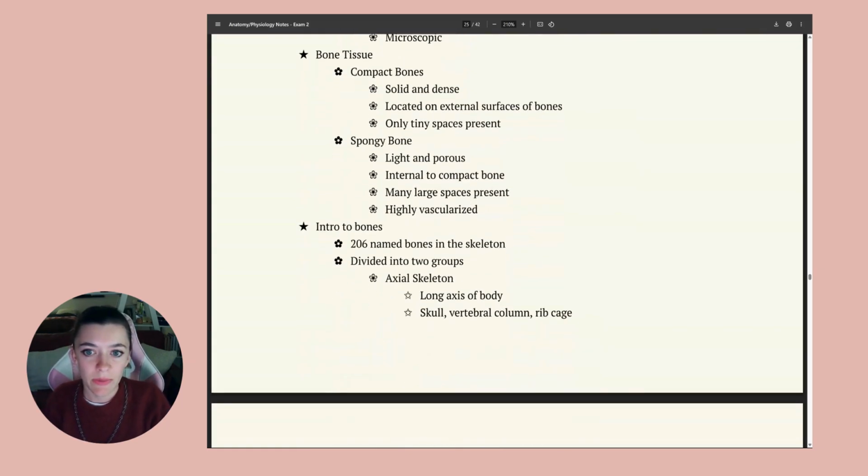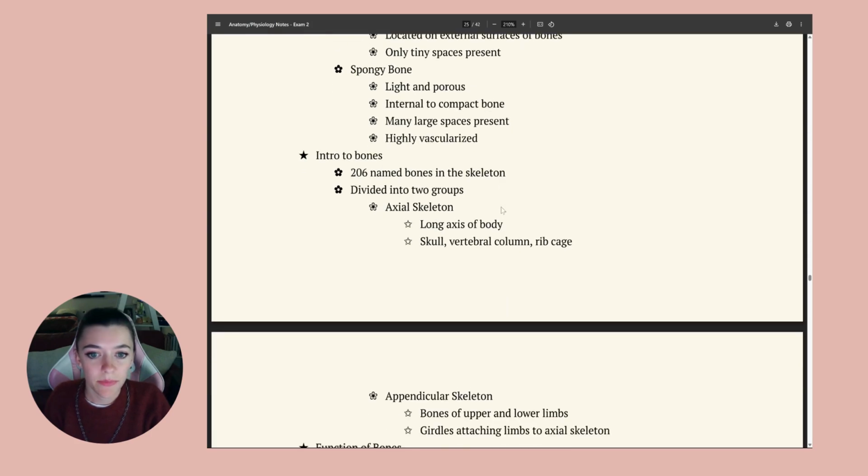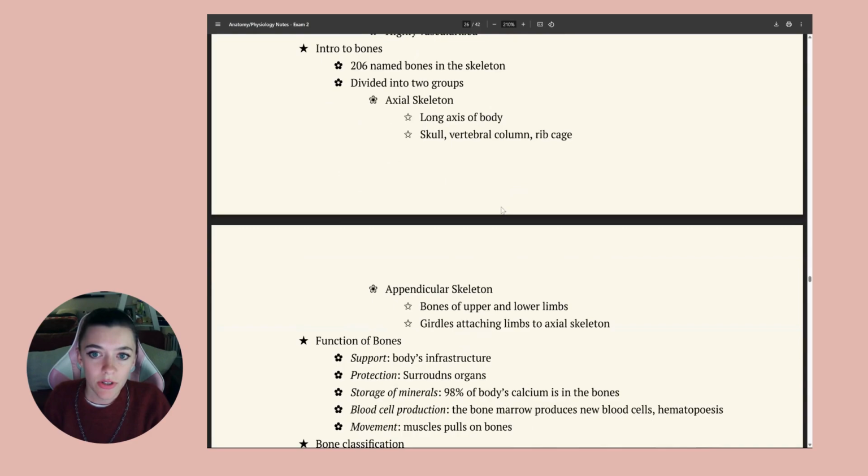Bone tissue, compact bones. These ones are very solid and dense. They're located on external surfaces of bones. Only tiny spaces are present here. Spongy bone, they are very light and porous. They're internal to compact bone, deep to compact bone, and there are many large spaces present. If you think of a sponge and you think of all the holes in it, that's exactly what this is. It's highly vascularized. There are 206 named bones in the skeleton, and your skeleton is divided into two groups: the